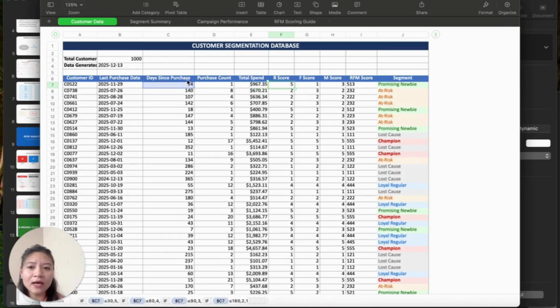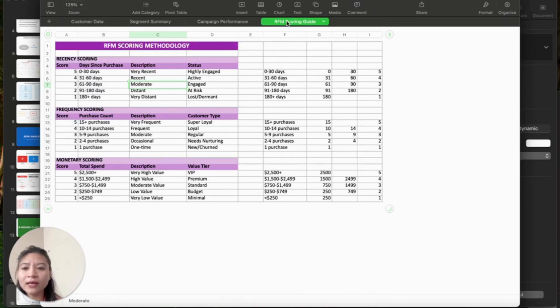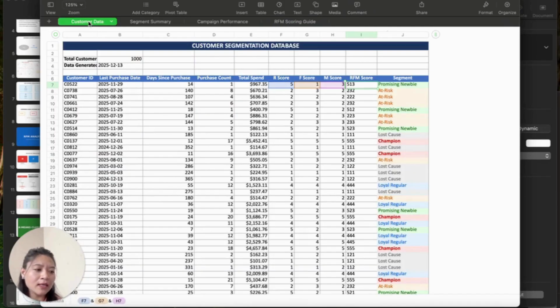First, I calculated the RFM score for each customer on a scale of 1 to 5. Then I ran K-means clustering to find natural segments. Now, how did I do this RFM score? I have this RFM scoring guide where the scores are based on, and after running this analysis, we identified 5